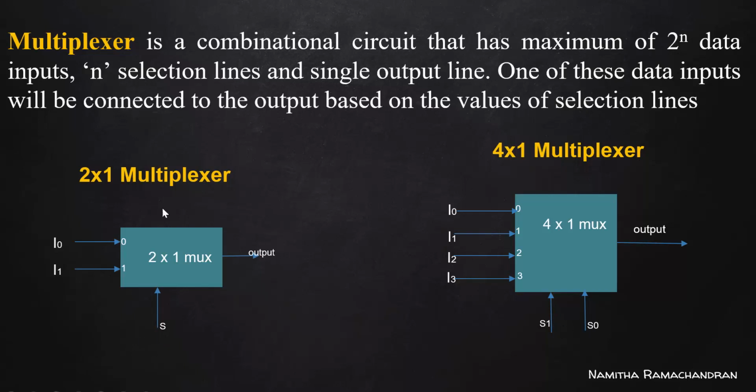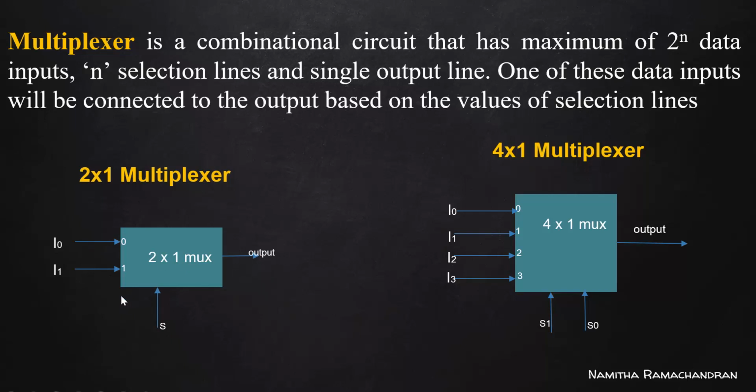Okay, so here it is a 2 by 1 mux. 2 by 1 means 2 inputs and 1 output. And for representing this 2 by 1 multiplexer, the number of inputs here is 2. This 2 is equal to 2 to the power 1. Means here we need only a single selection line. Okay, based on the value of the selection line, we can properly pass one among these 2 inputs to the